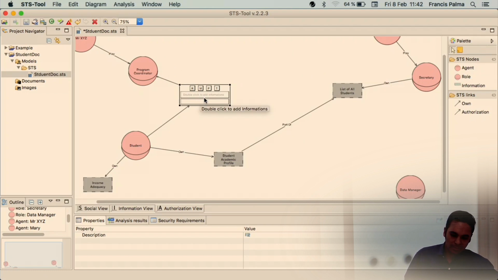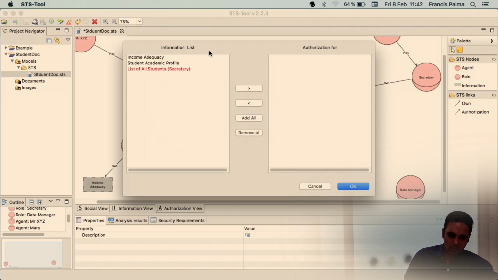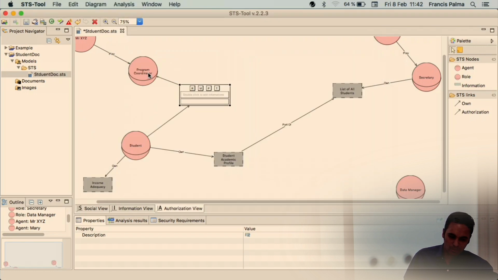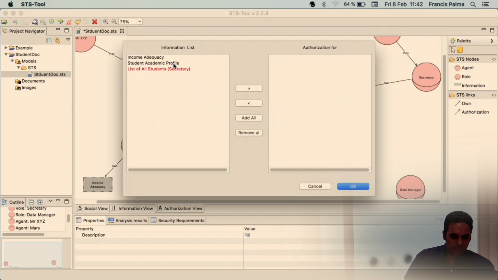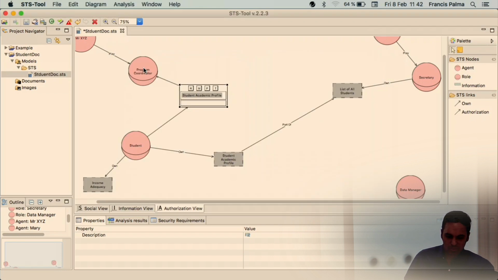One is for the information and one is for the goal. So here we want to add what information will be added for this goal delegation and for this authorization. So we can say, let's say, the student academic profile, the program coordinator is authorized to see or use the student academic profile, and which goal, you just double click here,